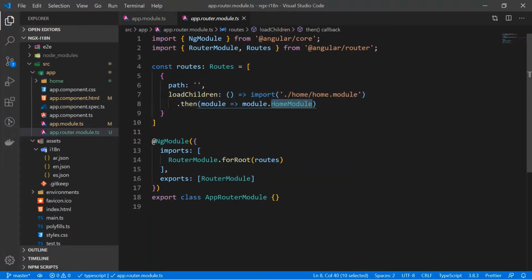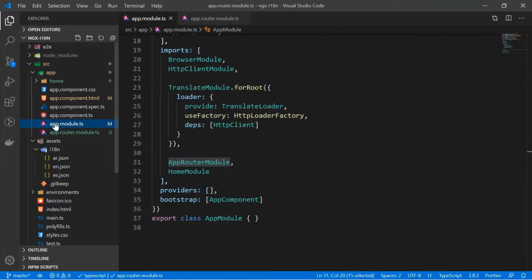Now we will see how we are going to configure NGX Translate for the lazy loaded module as well. The configuration is almost similar. There will be a couple of changes apart from the main module.